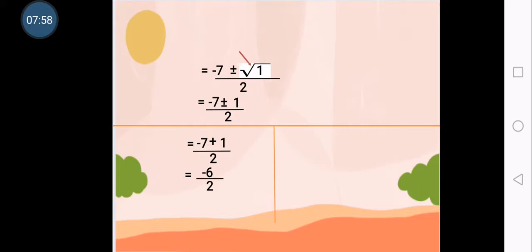Reduce. Since 6 and 2 is divisible both by 2, so 6 divided by 2 ay 3. 2 divided by 2 is 1. So, ang first root po natin ay negative 3. So, ayan po. Okay? Sunod, punta tayo sa